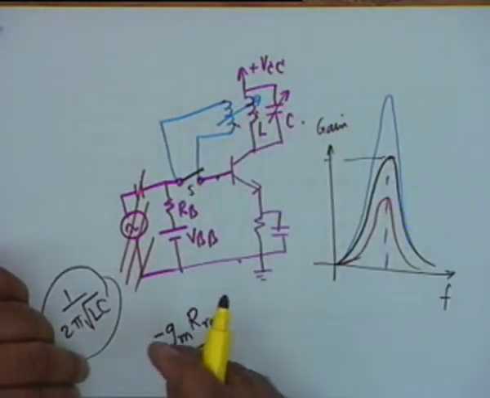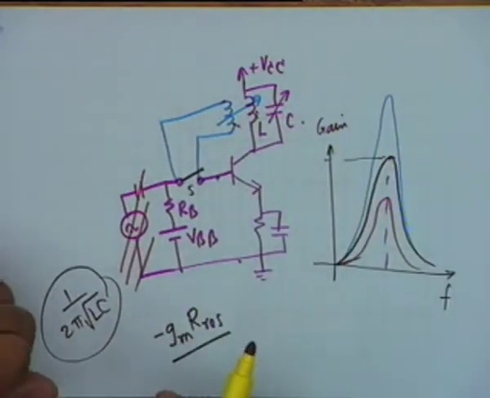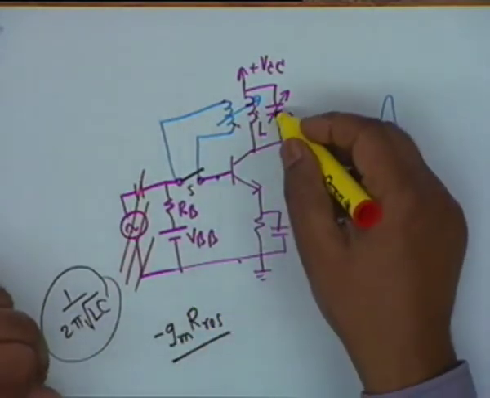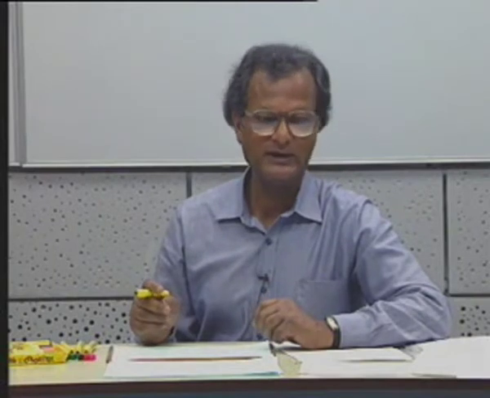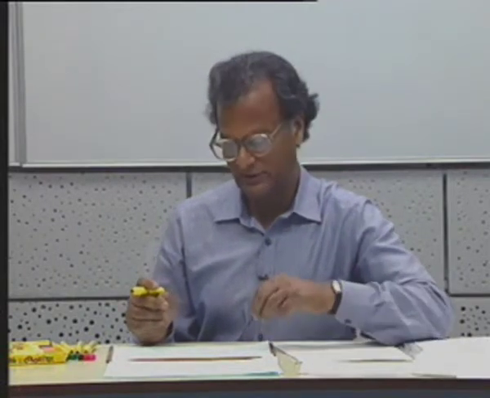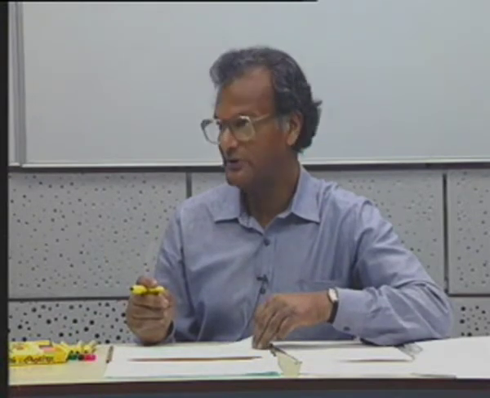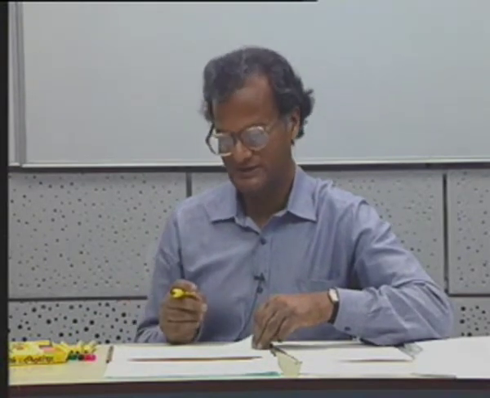Such an oscillator is called a tuned oscillator, because there is a tuned circuit here, a resonant circuit here. A tuned circuit oscillator is not practicable at low frequencies like audio frequency. If you want a 1 kilohertz oscillator, then the values of inductance and capacitance required are very large, and they cannot be obtained from the ready stock in the laboratory. Therefore, what we do is we use alternative means.